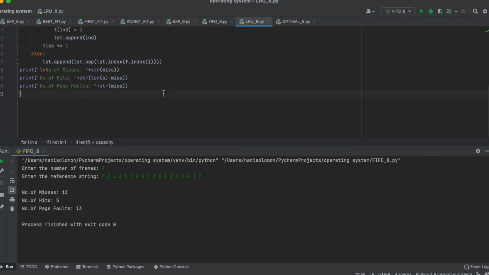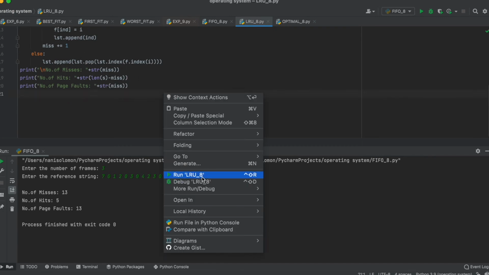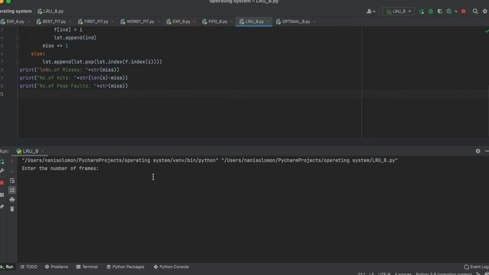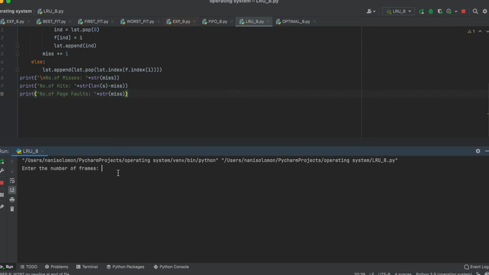So let me run the code. You can see a similar output, not the same output. I'm sorry, here I need to give it 3. Let me give the code here.